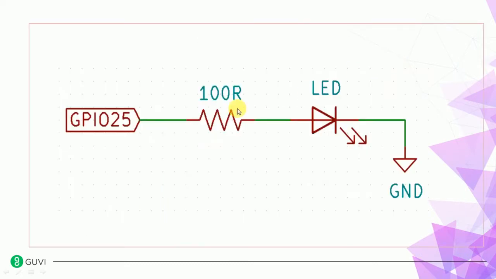So here is the circuitry. GPIO 25 will be connected to the LED through a resistor, and then the LED goes to ground. But the resistor is actually optional, and we are not using it here because it is only blinking the LED for a few seconds. It is not mandatory. It is used to limit the current through the LED, so you may or may not use it. We are not using it here because the output of Raspberry Pi is 3.3 volts, and that will not be a high current for the LED, for only a blink.